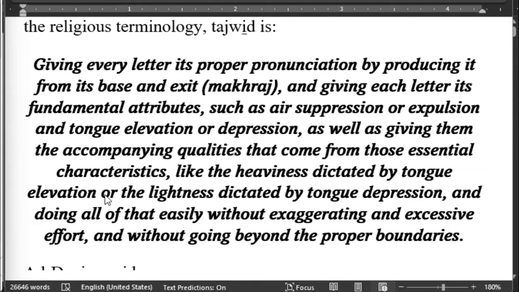Bod, Sad, Ba, Va, or the lightness that's dictated by tongue depression. So you say da, dal, fa, wow,